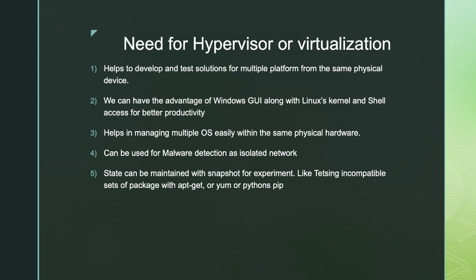What you can do is set up a virtual machine for Windows, and inside that Windows you can run a malware detection tool, and when that is done you can refresh the VM. We will look into what refreshing a VM is, what a snapshot is, and how we can change the state. So we will go through those in subsequent videos.